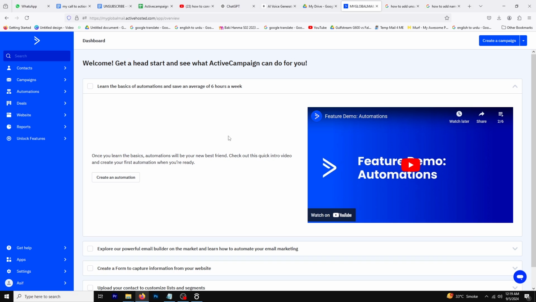Today I'm going to guide you through a step-by-step tutorial on how to add a name in an email using ActiveCampaign. It's easy to get started, and if you'd like to follow along,